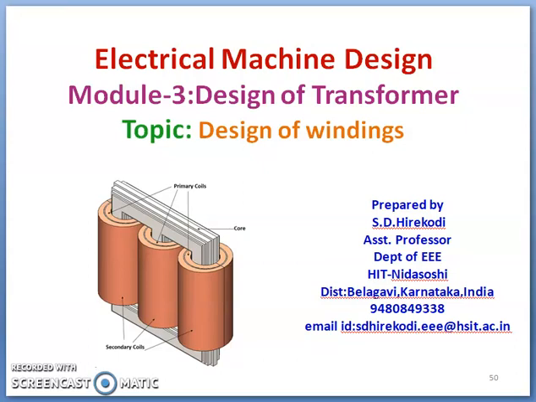used for winding. Okay. Design of winding means calculation of number of turns of both primary as well as secondary windings as well as area of cross section of conductors. And the number of turns is estimated using voltage rating as well as EMF per turn. And then area of cross section is estimated using rated current as well as current density. Here design of winding involves calculation of number of turns of primary and secondary winding, then calculation of cross-sectional area of primary as well as secondary conductors, right?